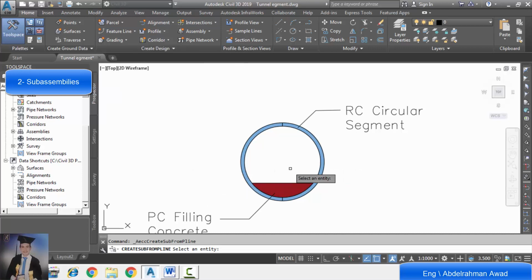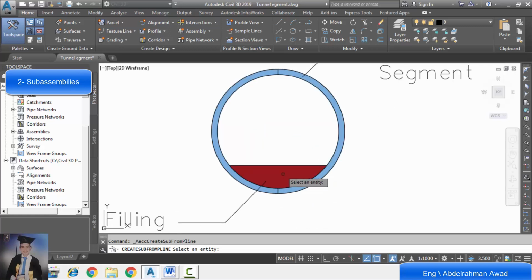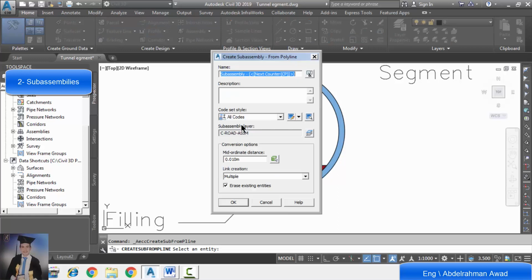First we will transform the filling concrete polyline to sub-assembly. We'll select the filling concrete polyline, and we will name the transformed assembly filling concrete.